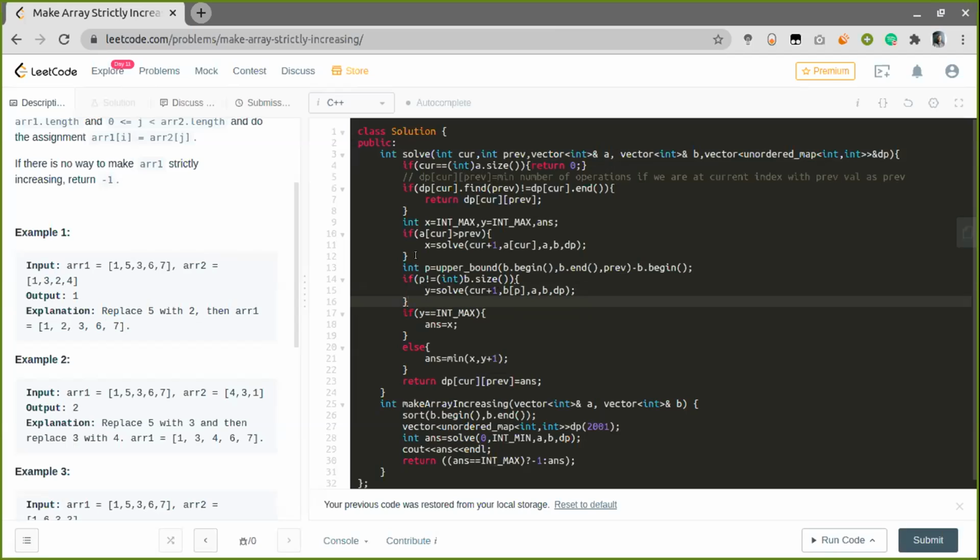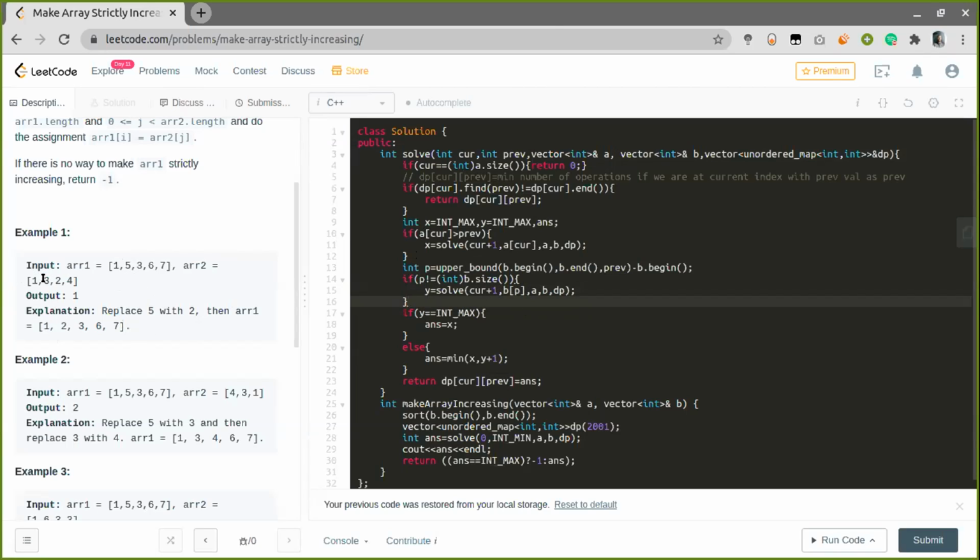So we have explored both the cases, where we are not updating the current value, and where we are updating the current value to the minimum. Since we are updating it to the minimum value, this will be the optimal way. Otherwise, if we choose any value which is smaller, like if we are at 1 and we choose 1, then it won't make any sense, since we need the final vector to be strictly increasing.